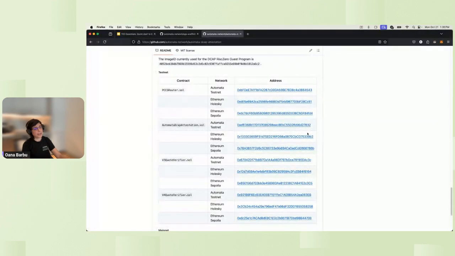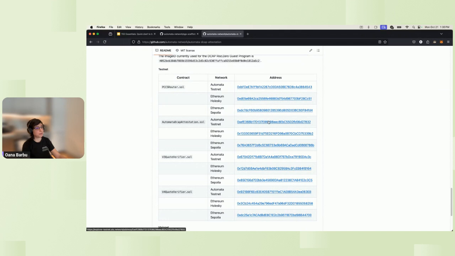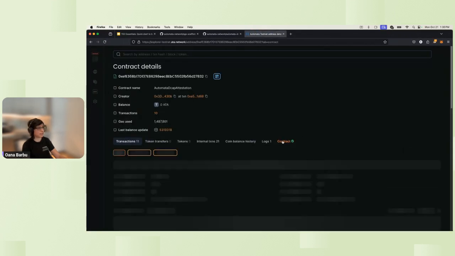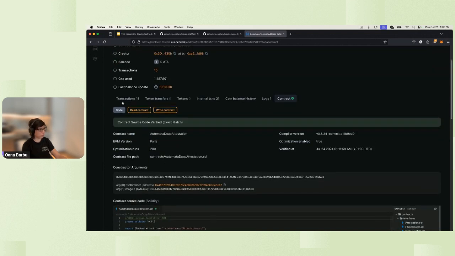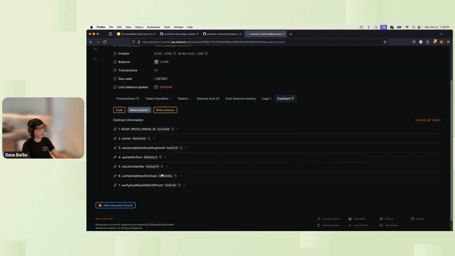And here we have the addresses where the contracts for verifying attestations are deployed. So if, let's say, we go to Automata testnet, you can go through the contract, but what I want to show you is how we can use the contract to verify